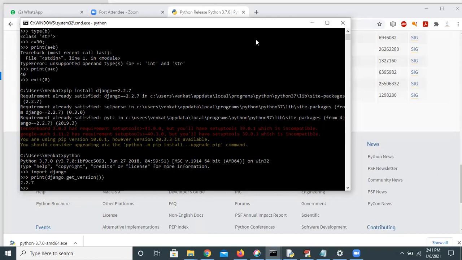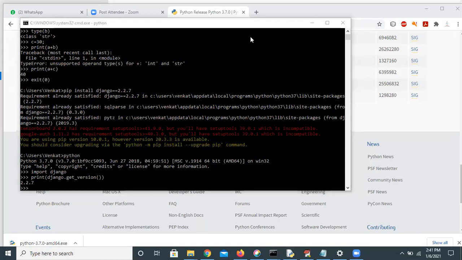Suppose for any file or any project you want to create, first we need to choose one location where we want to develop or write our program. We need to decide that first.